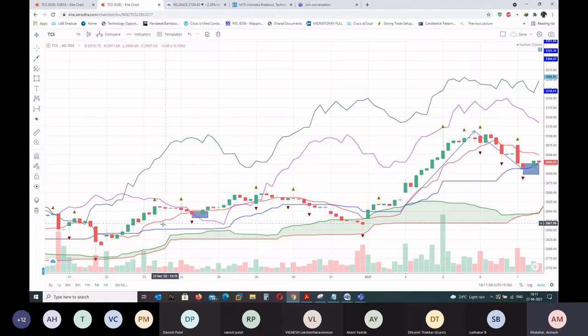Again, the criteria is the same. You need to have a crossover. It doesn't matter where it is. Have a good up move. Here it was for how many candles? 3 candles. Okay, so here